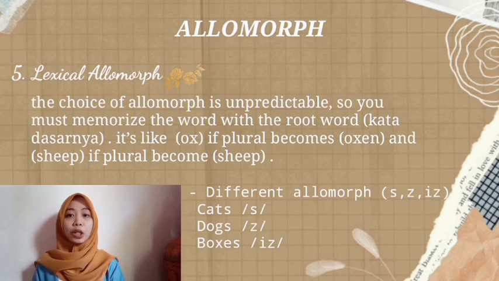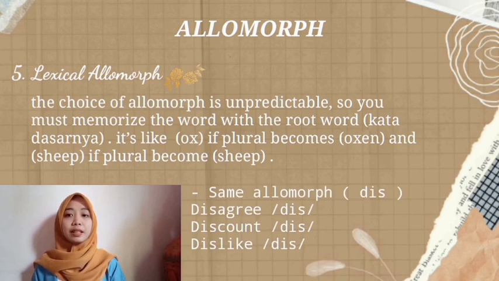Different allomorphs include s, z, and es or iz. For example, like cats from s, dogs from z, bugs from iz. And the last is same allomorph. In the same allomorph include dis. For example, like disagree, discount,